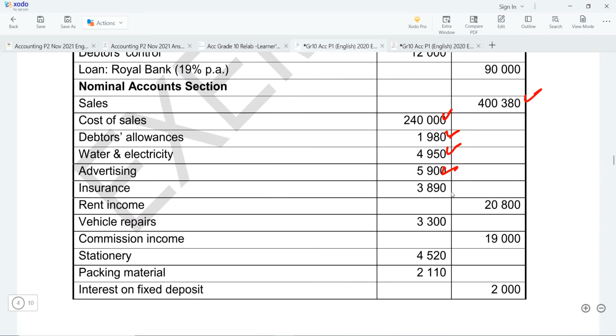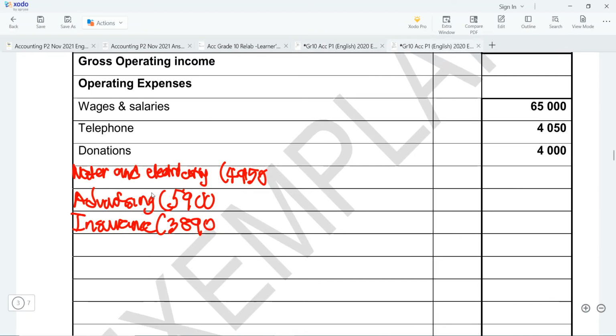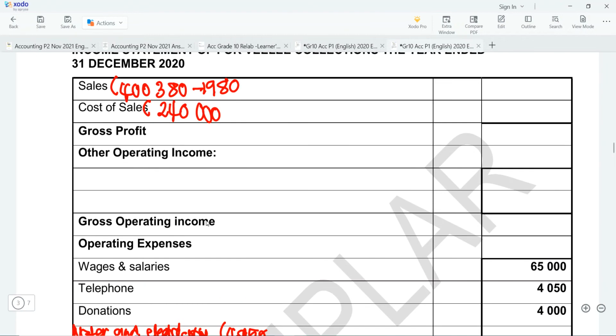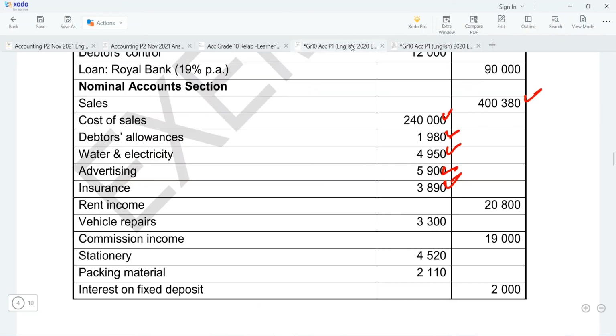So I've written this. I now have rent income of 20,800. So I'm also going to write that under my incomes. So you need to know what to include and what not to include. So rent income 20,800. By the time you watch this lesson, I want to believe that you are familiar with the structure, so I won't really be explaining much on the structure. Okay, so 20,800,